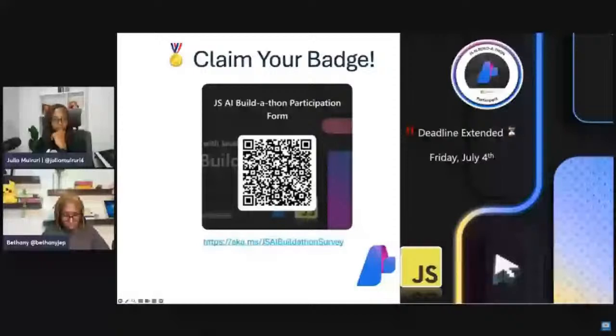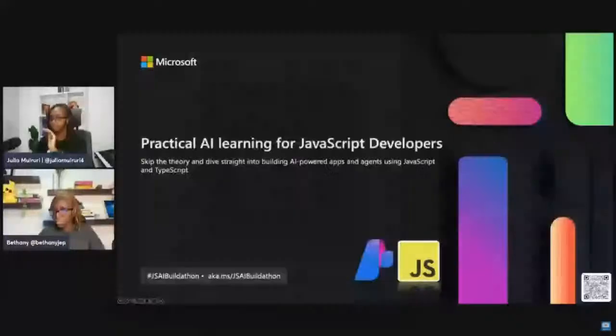Then as we wrap up, the last announcement to make here is that we are going to convert the repository we've been working with to be a living repo that will just have all the up-to-date information and exercises around different areas of AI and agentic development with JavaScript and TypeScript. So that's why at the beginning, I strongly recommended that if you've not yet started the repository, that will really be helpful.